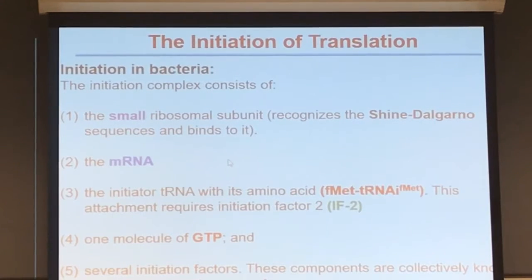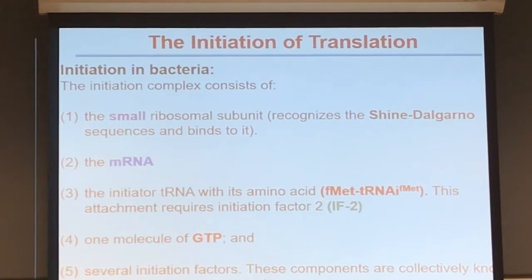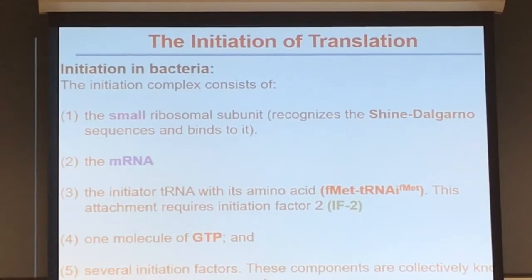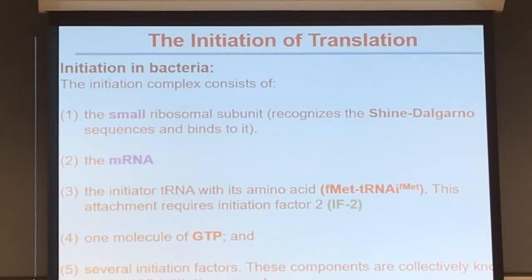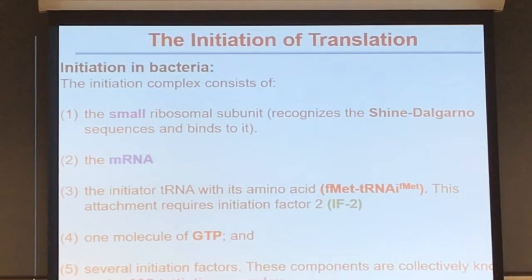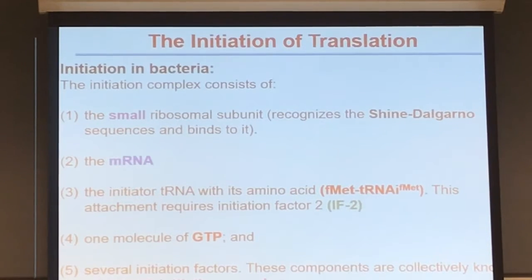All right. Now, looking at initiation of translation in bacteria. Bacterial protein synthesis is similar to eukaryotes, with very few differences. For most of the process, it's almost the same. If you look at it, the initiation complex in bacteria consists of a small ribosomal subunit. On the messenger RNA, the small ribosomal subunit is the first one that actually binds to the messenger RNA,